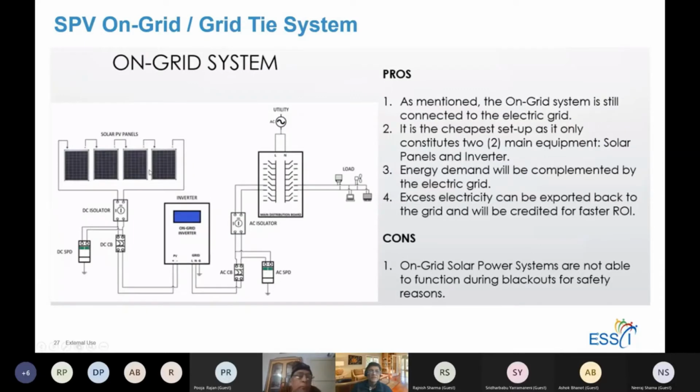Okay, so if you can see, you have the panels, and these are connected by the DC isolator, which is actually an on-off switch. You off it, and it will isolate the panels. It will not let that energy come into the side of the circuit. And then you have a distribution board, which has a surge protection device or an overcharge protection device, and you have the circuit breakers.